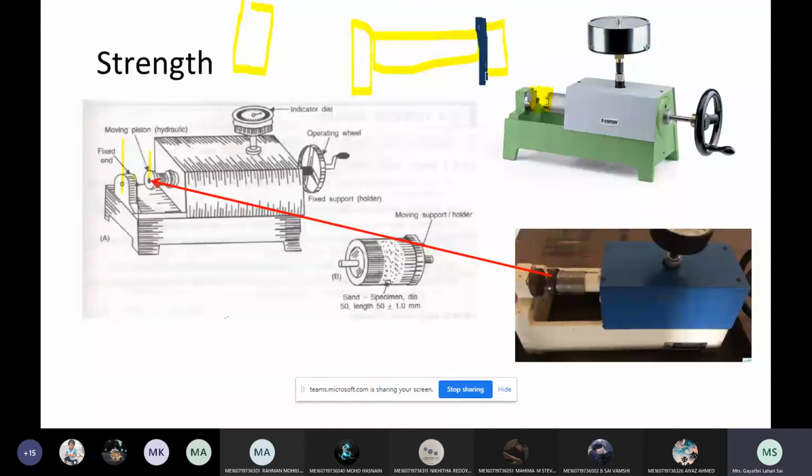I want the definition of compressive load and shear load. Yes, please give the definition of the compressive load. We say a load is compressive when the forces are acting towards each other. Can you repeat it? We say the load is compressive when the forces are acting towards each other. Towards each other, right? So what is the shear load? Shear load is when the forces are acting perpendicular to the surface.